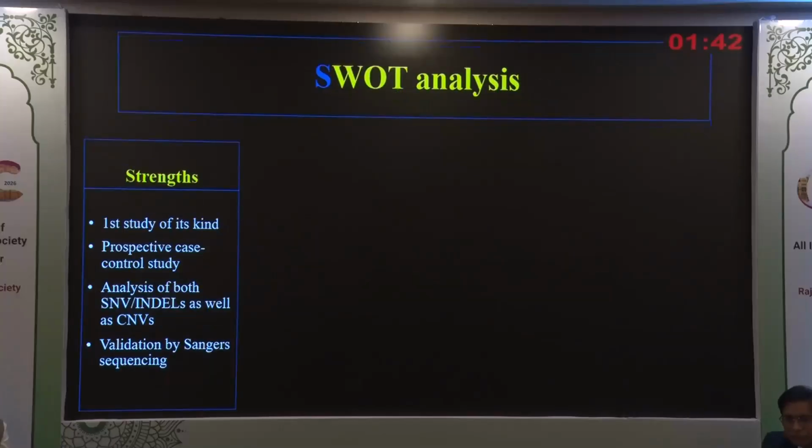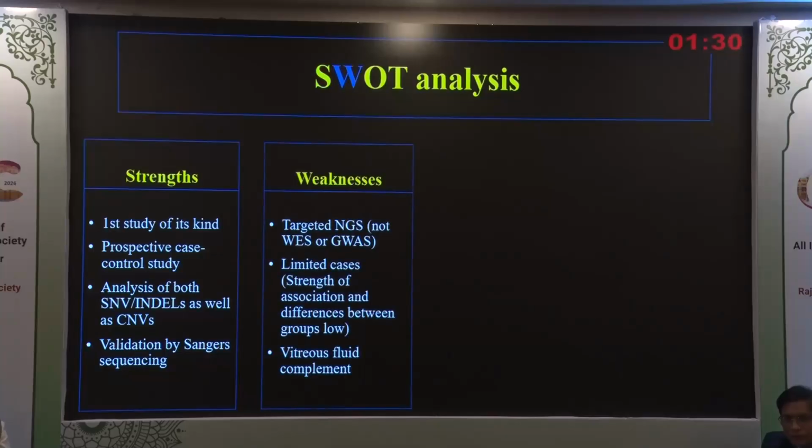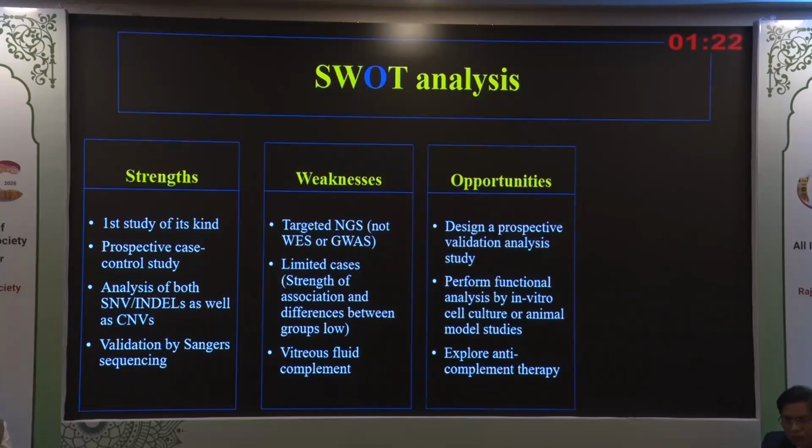Coming to the SWOT analysis, the strengths of our study, it's the first study of its own kind. It's a prospective case-controlled study where we analyzed both SNVs and CNVs and validation by Sanger sequencing. We do have some weaknesses. It's a targeted NGS and not a whole exome study. We have limited cases and vitreous fluid complement was not studied. It provides opportunities to design a prospective validation analysis study, to perform functional analysis by in vitro studies, and to